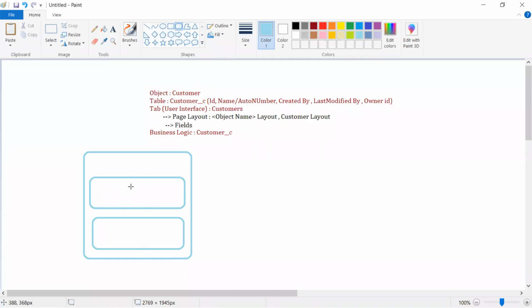Page layout provides a collection of graphical user interface. What is the first section? What is the second section? And this is used by the user. That means page layout provides a collection of graphical user interface to be used to manage the record inside the